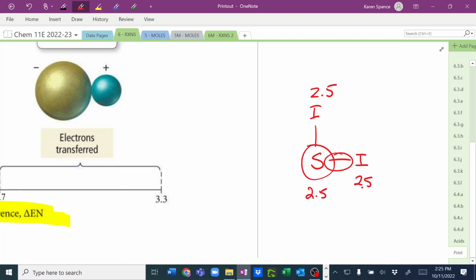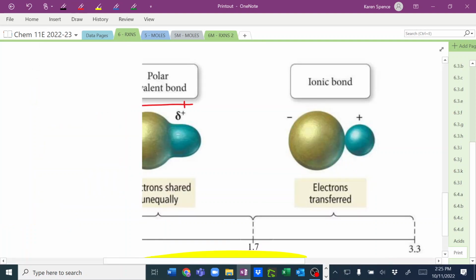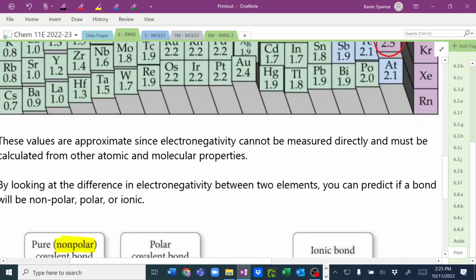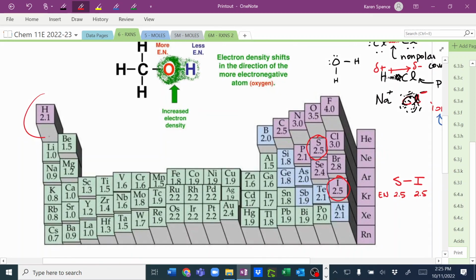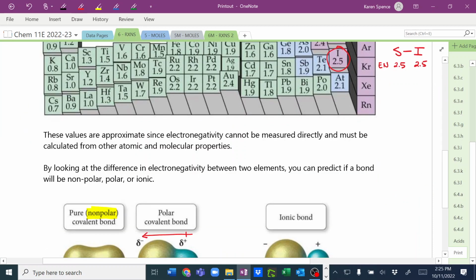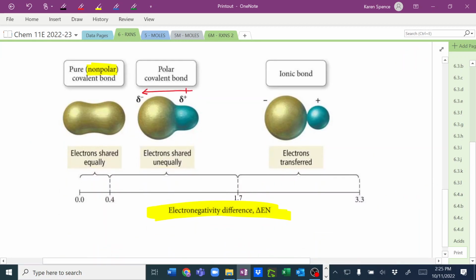Yes. What is H2O? It's water. I know you know it's water. If we look at hydrogen, hydrogen has an electronegativity of 2.1, and oxygen is 3.5. That's going to give us a nice difference somewhere in this lovely unequal sharing zone. Now, if we look at the structure of water,